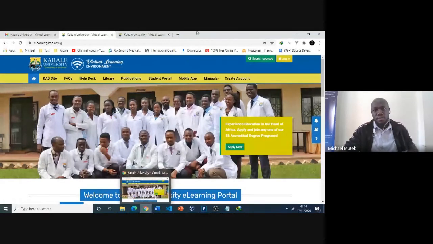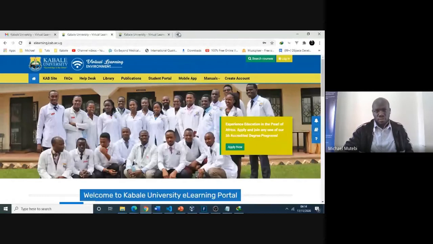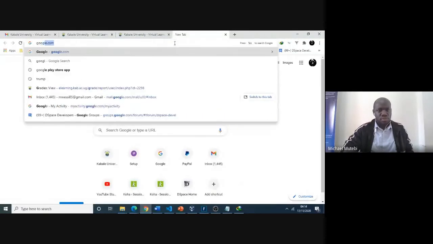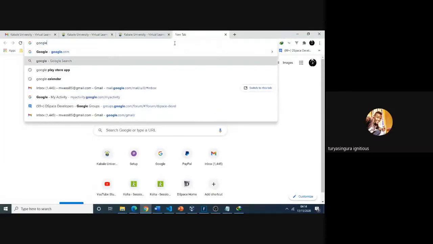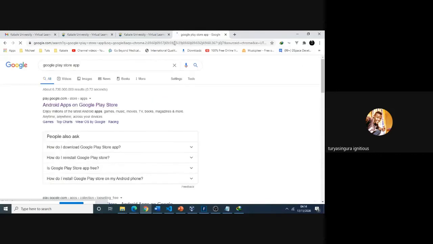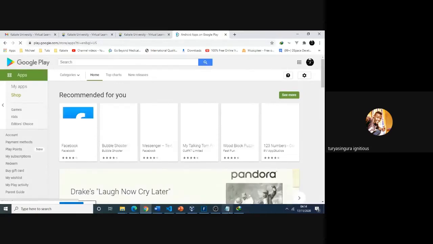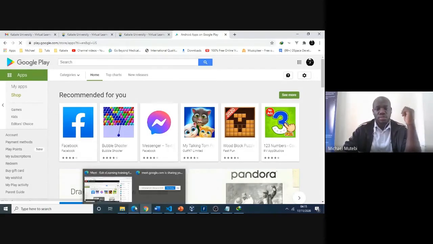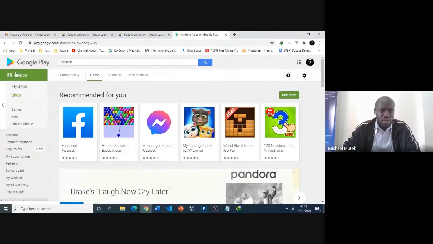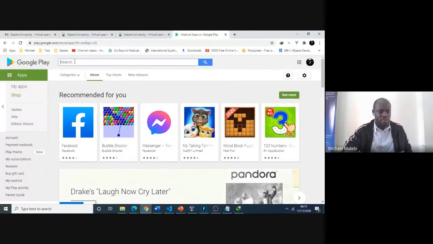Let me see. So when you go to Google Play Store under apps and you search for CapView with a single L, CapView,